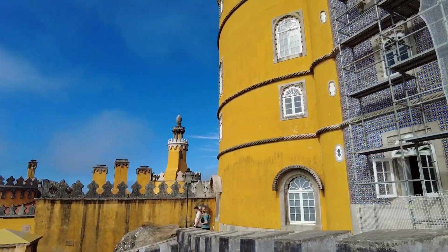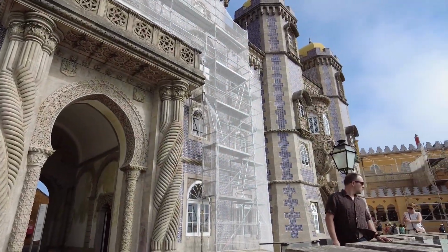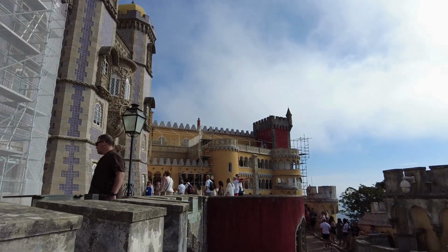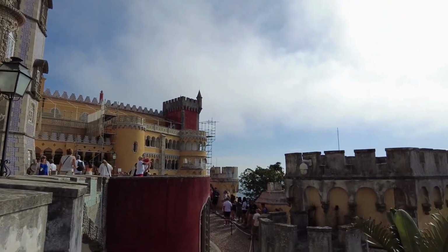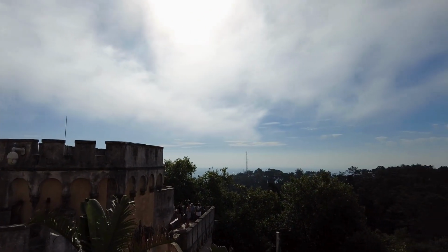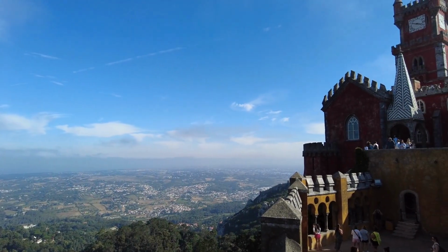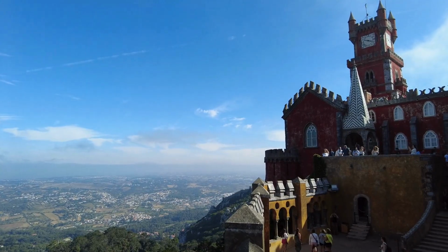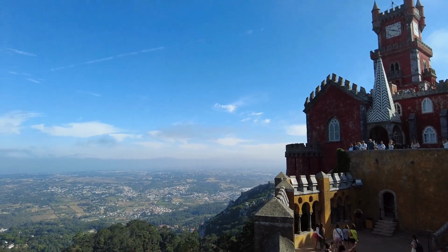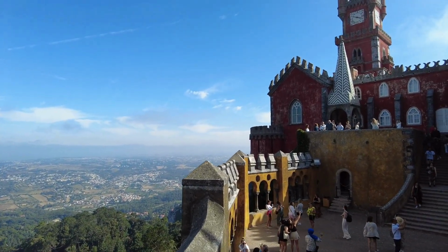There's a lot of restoration going on, so some scaffolding. You see people lining up over there. It's still the 9:30 slot going in, and well, it's busy, but the park was pretty much empty. Over there you can see the chapel. It's on the top of those stairs. You can see a bit of the Moorish castle over there, and as usual, it's quite windy over here, so